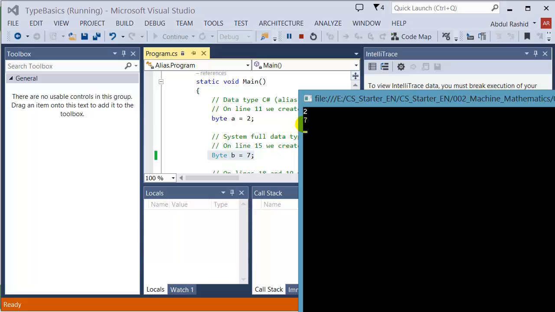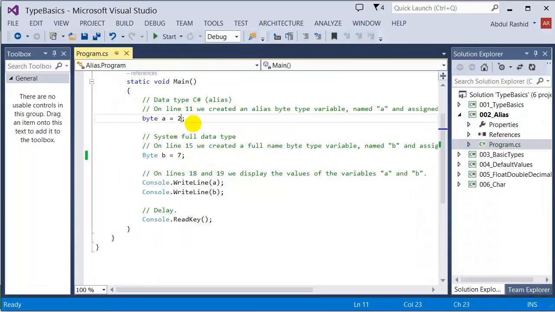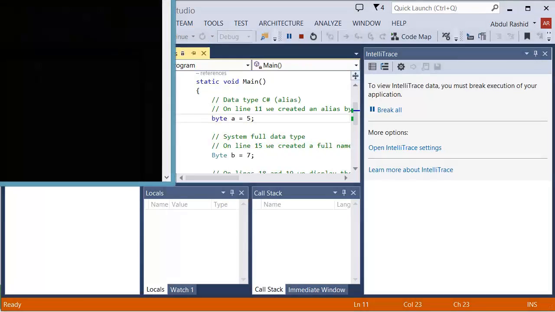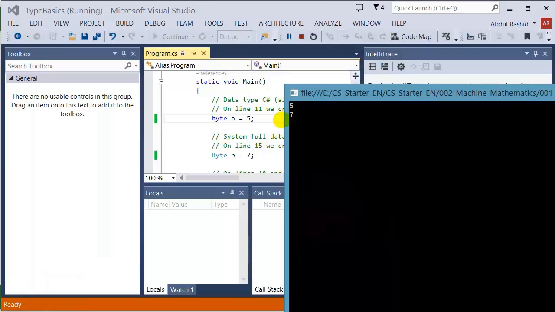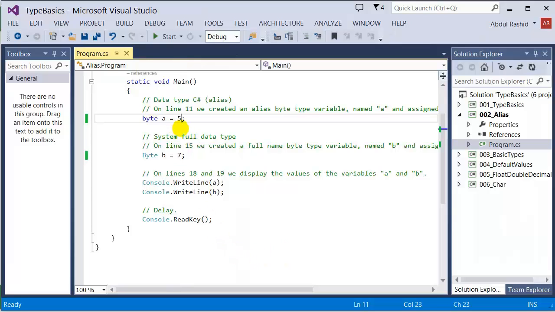So we have changed it to 7. You see? And if you change the value of variable A to 5, for example, you will have 5, 7 now. Yeah? We have 5 and 7. So you see, you can create also using byte and, okay, I've just put that back into the normal, and I'll save again. Remember, save, Control S, save. So what I was trying to say is, although we have byte and byte, simply by capitalizing the second byte,